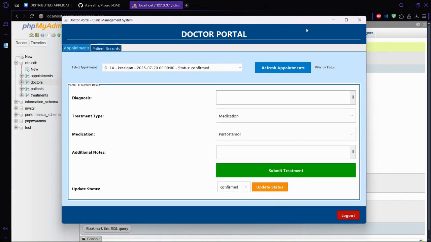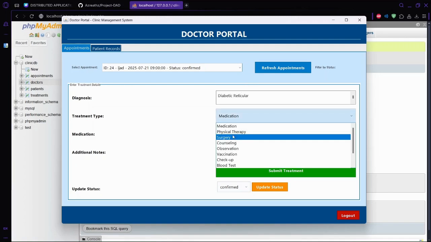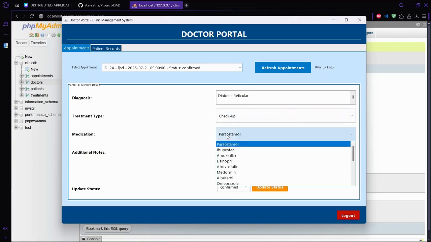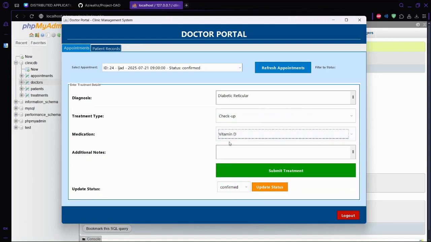Here's the doctor portal that we have made. These are the current appointments the doctor has. Let's say I want to edit the last appointment I made, which is this one. This appointment is a treatment for the eye doctor. Let's say the eye doctor diagnosed me with diabetic retinopathy, and he recommends a checkup, and vitamin D is used for the medication. Please meet me at the appointment time